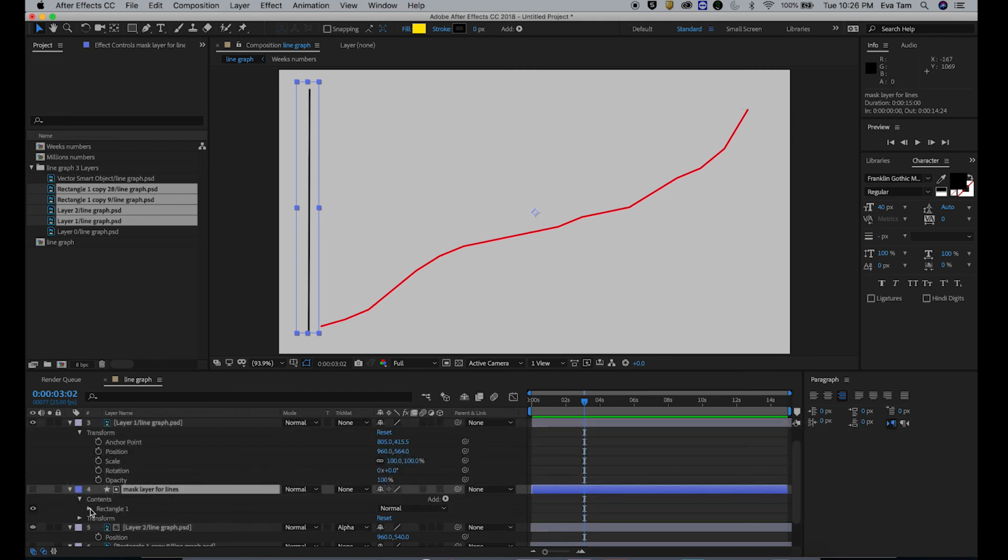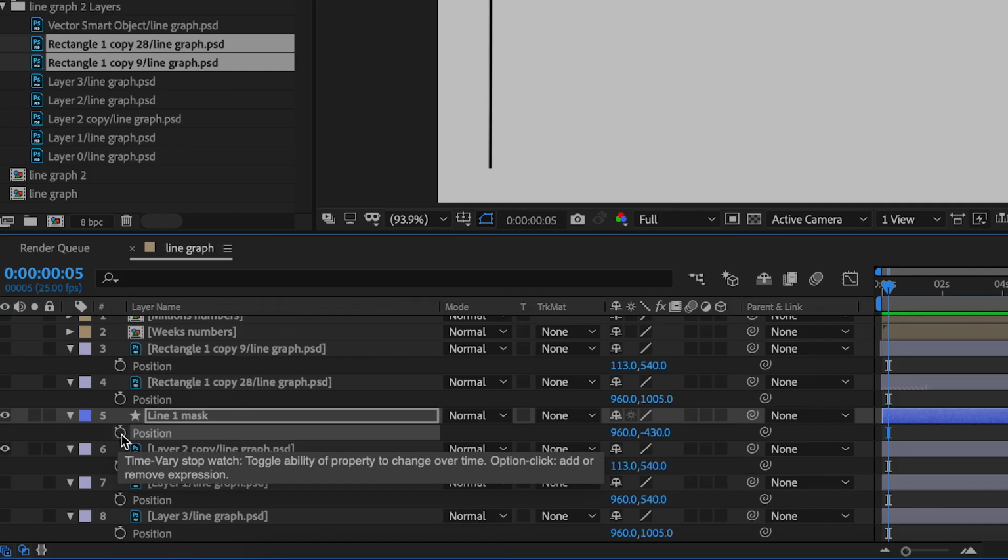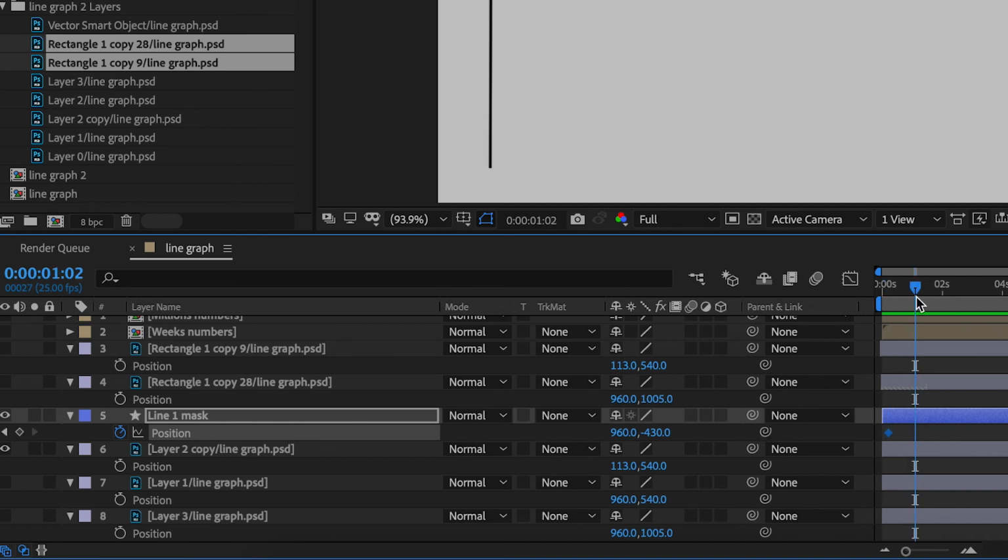So now, as if you're using this yellow rectangle to hide or reveal your mask. So first I'm going to hide away. Whatever is showing in this yellow is what's showing. So I'm going to put a position here. So it's a keyframe, or a time variant is what they call it. A second in, I'm going to go down. This is what you're going to see, okay? So you're like, what the heck? What do you mean by that?